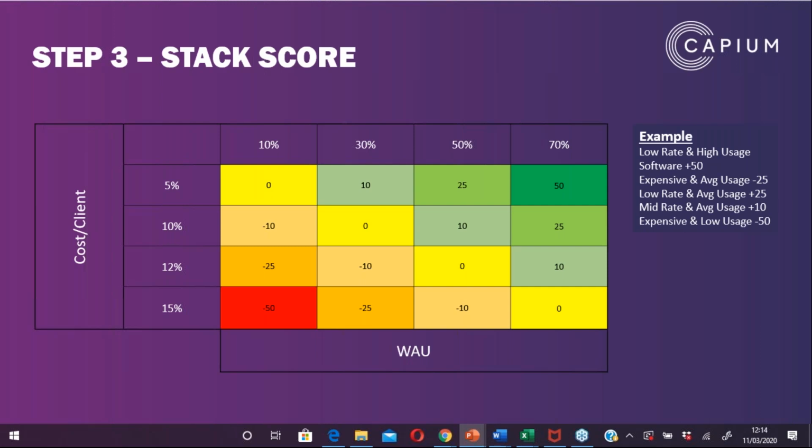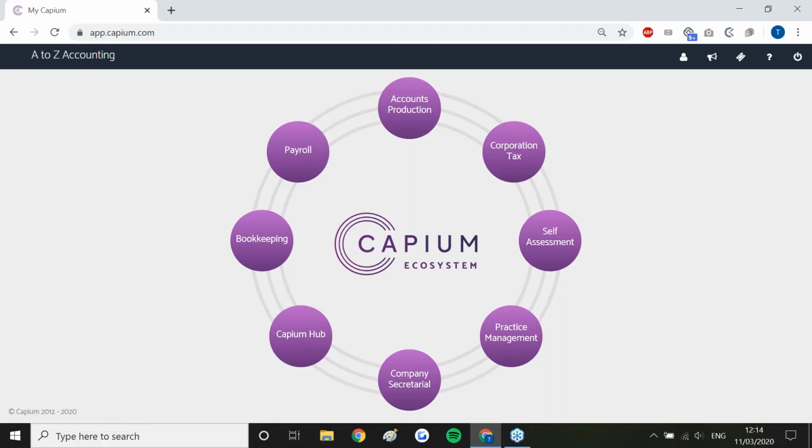So we have a lot of different elements to cover, but Travis is going to talk through what is, for us, desirable features, time-saving features, features that also help you to increase customer engagement or additional revenue opportunities that perhaps you haven't considered that may also increase your monthly recurring revenue with your clients. And we think that it's a good starter for 10 for you to understand some valuable features in Capium,